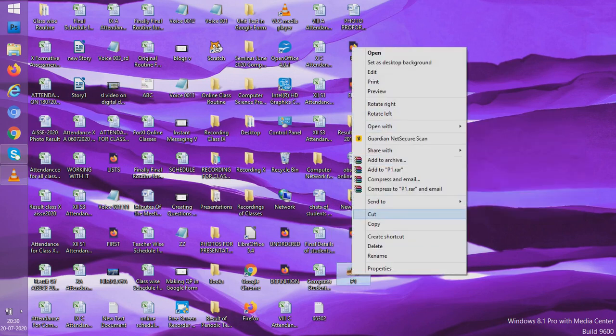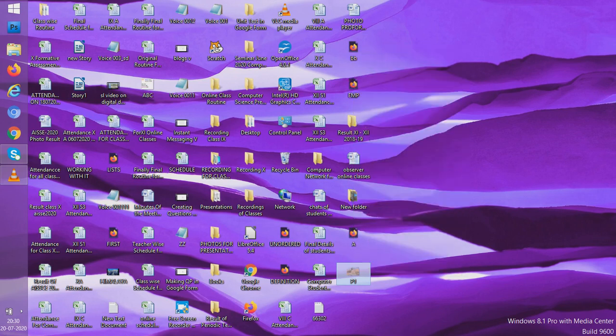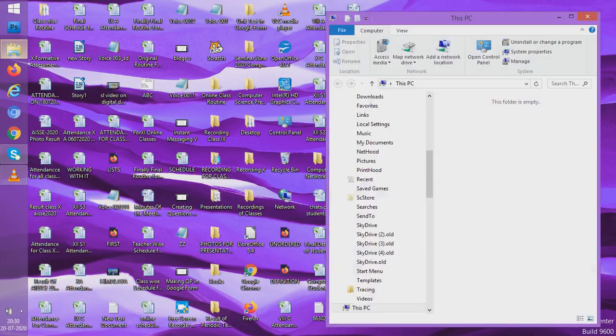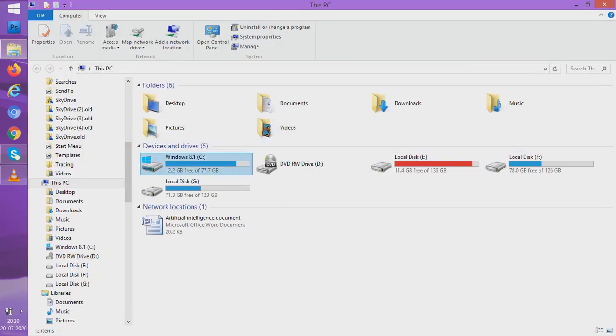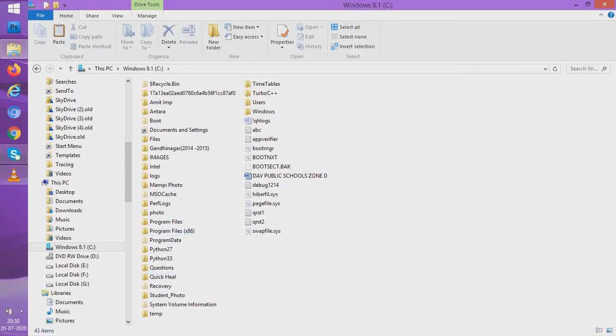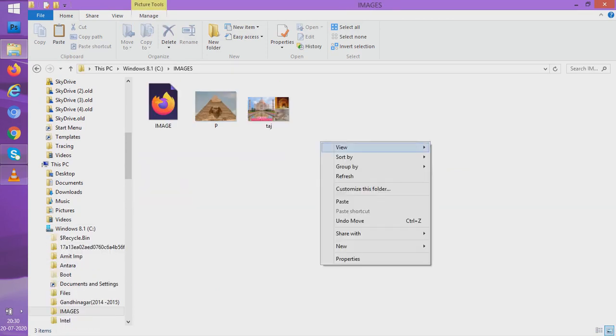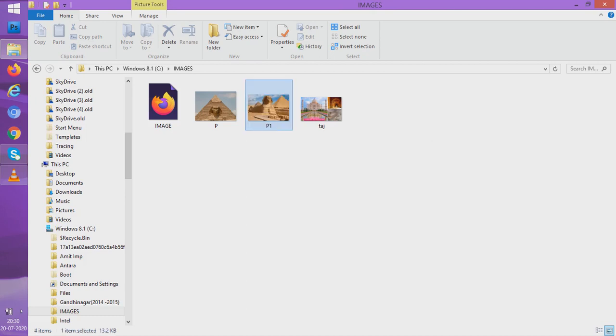No need to write that alt text. So cut it from here, paste that also there, within C drive, images, and paste it here. So everything is here.